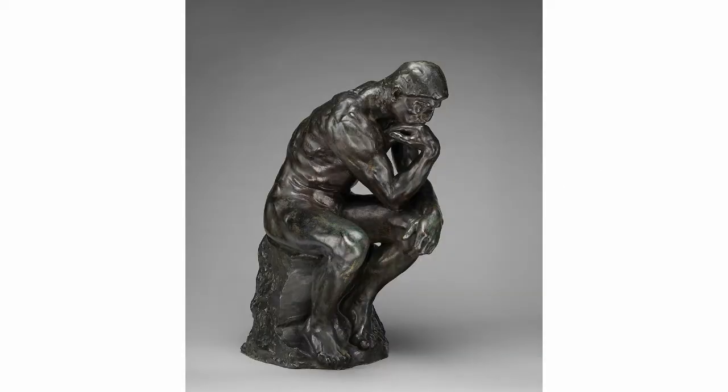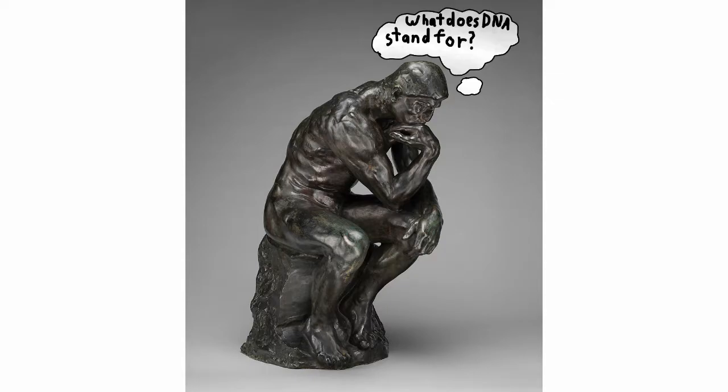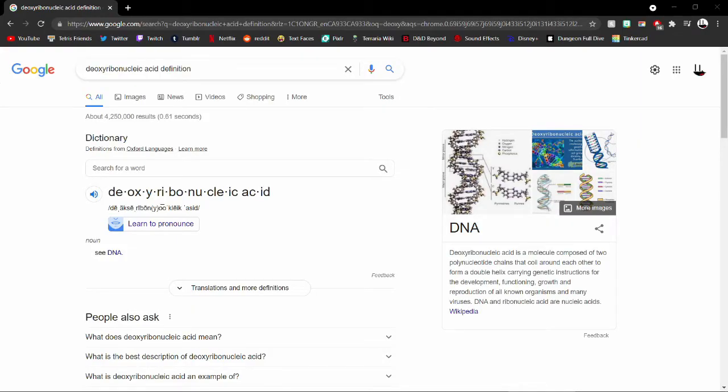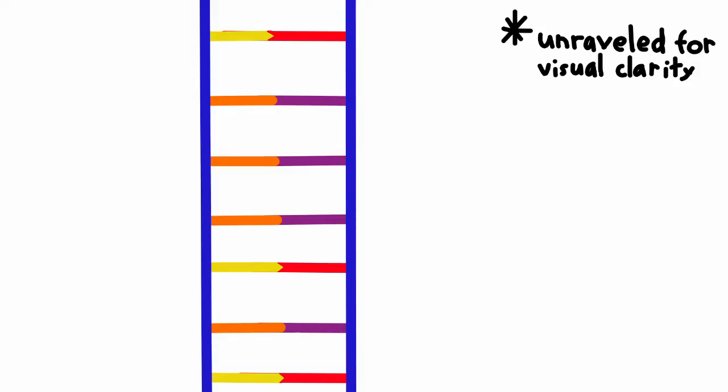Here's a question that you may have not thought about before. What does DNA stand for? It stands for deoxy... Deoxyribonucleic acid. Yeah, that. This whatever it's called, has these little rungs on the ladder made up of 2 out of 4